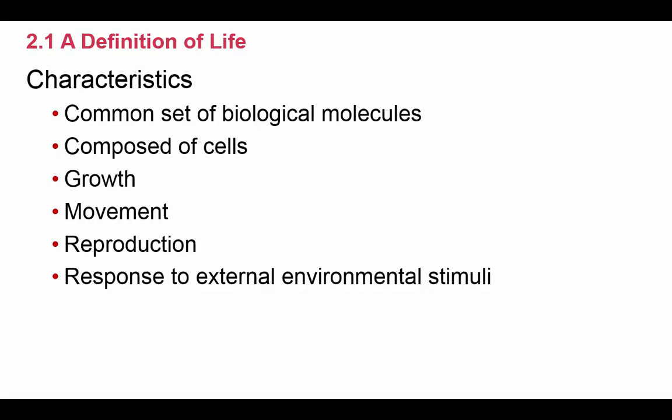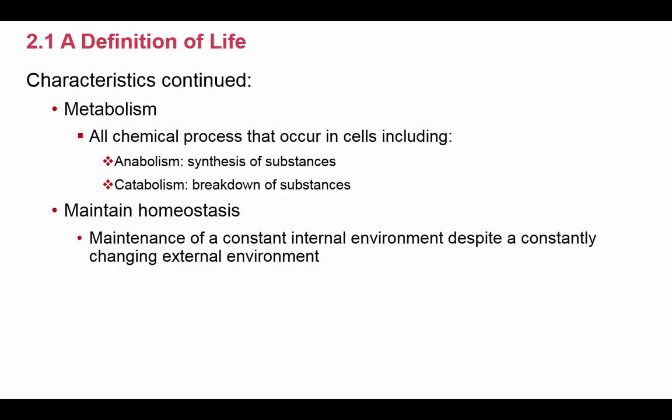Movement is a characteristic, and movement doesn't always mean moving from one place to another. It can also mean movement within the organisms, movement of substances in and out of cells. Reproduction has to be a characteristic. Our cells reproduce all the time, and we're not just talking about reproduction to make new offspring, although that is important for the species to continue to exist. Another characteristic is they have to be able to respond to external stimuli, and they have to have metabolism, which